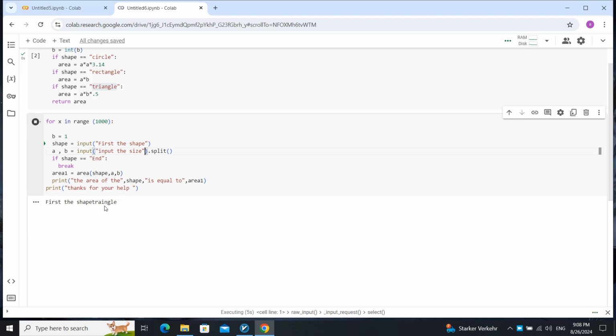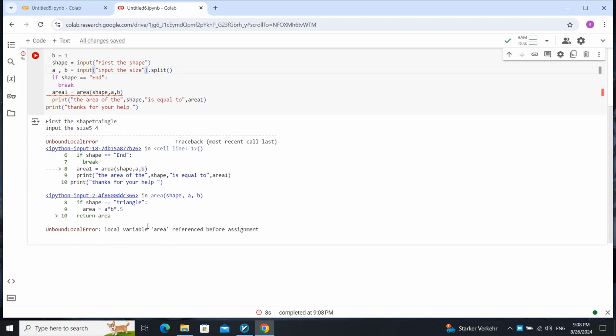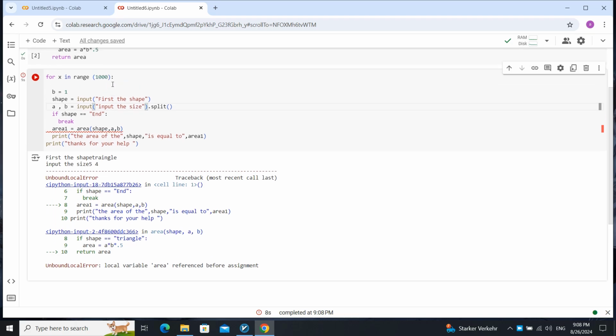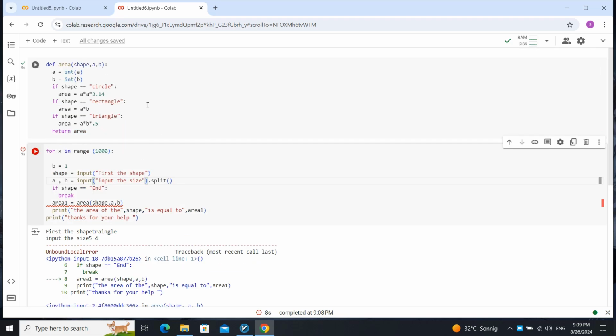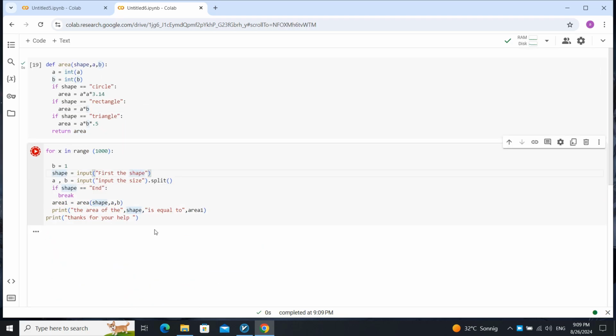Triangle 5 4. What is the problem? I can see it. The area shape. Local variable area referred before assignment. Okay, I think let's run it first and then